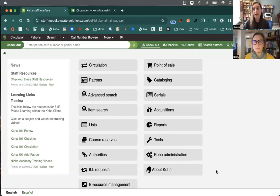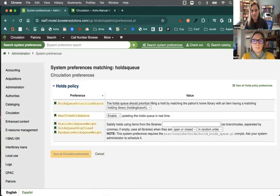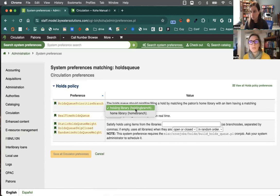So the first thing we're going to talk about are probably the system preferences that drive how this holds queue works. We're going to navigate into administration, and come over to our system preferences, and pull up everything that ties into the holds queue. So Kelly, do you want to talk about what we have here for our options with the holds queue setup? Sure. The first one you see, holds queue prioritize branch, actually is new in 2305, which allows you to